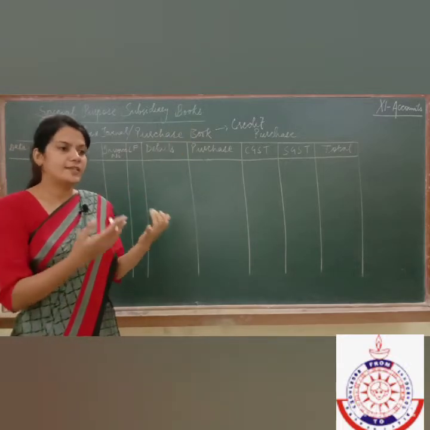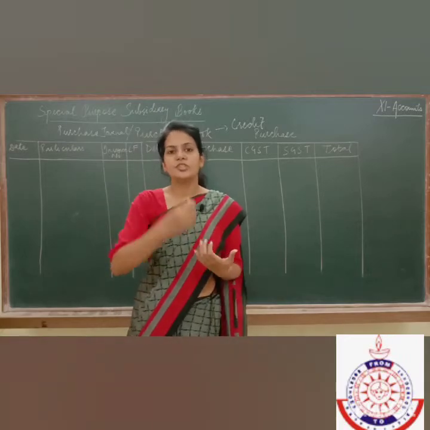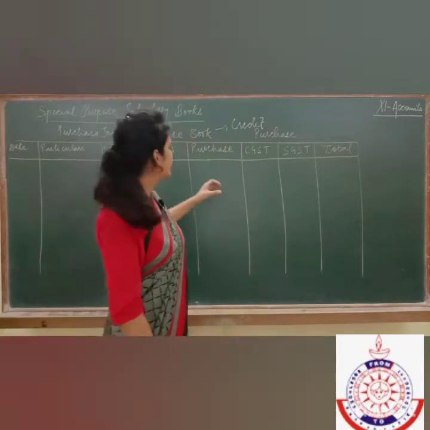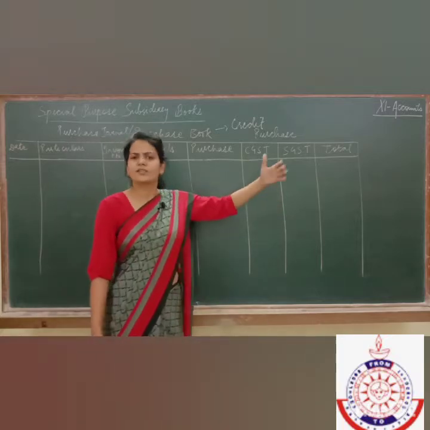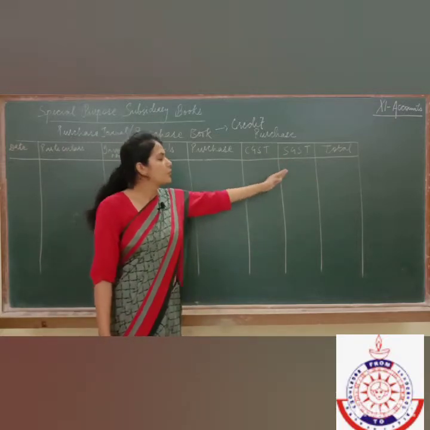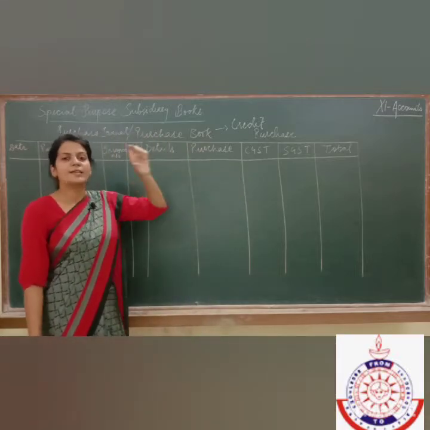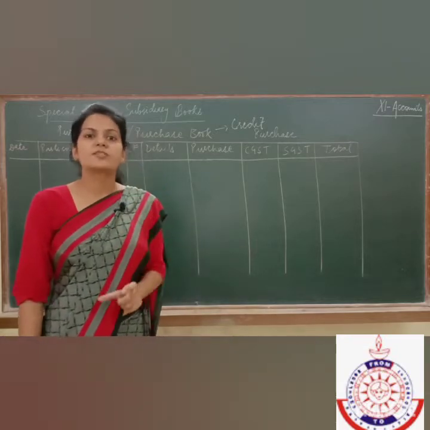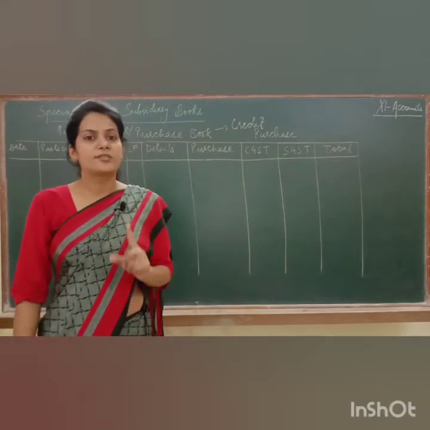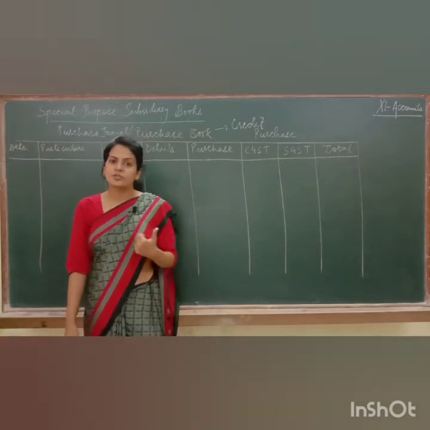Fine. Let's say I have purchased goods worth rupees 40,000, on which GST is 2400. Then 40,000 will be shown in purchase and 2400, or whatever the amount of GST is, will be shown in the respective columns. So purchase means the actual amount of goods purchased, and the actual amount is always calculated after subtracting trade discount, because you know that trade discount is never shown in the books.